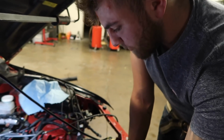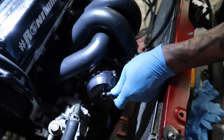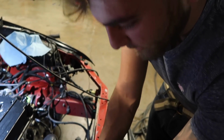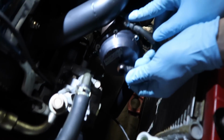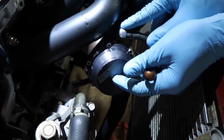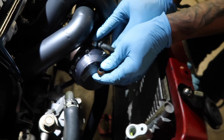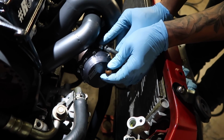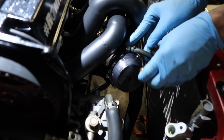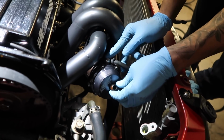So what it's doing essentially is putting pressure on top of the wastegate, because this other one is just for wastegate reference. So let's say there's 27 psi springs in there. At 27 psi, I'm just giving you an example. It would actually be a lot less, probably like a 7 or 8 psi spring in there because I'm using a 4-port. So when this thing basically wants to start lifting,